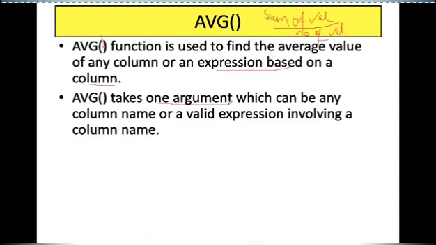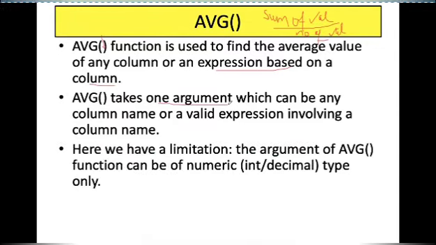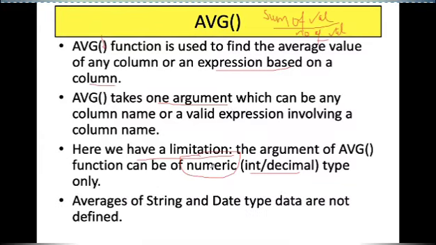The average function takes one argument, that could be a column or an expression involving a column, but there is a limitation: it operates on numeric values only, either decimal or integer. Obviously it cannot work on string or date values. Why? Because this is not defined. How can you find the average of names? How can you find the average of dates?